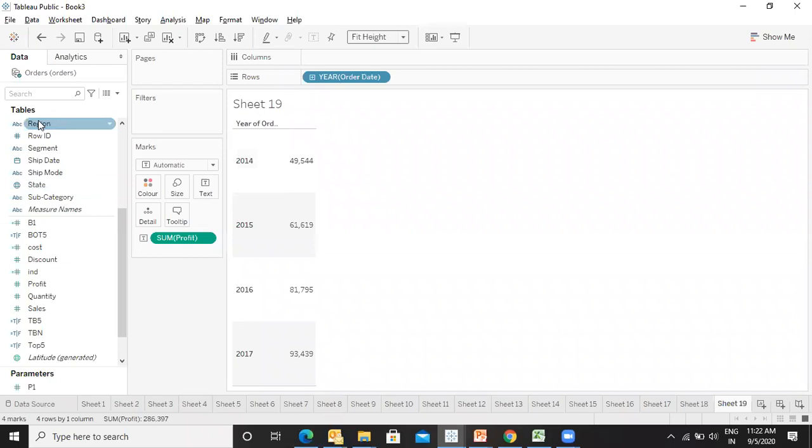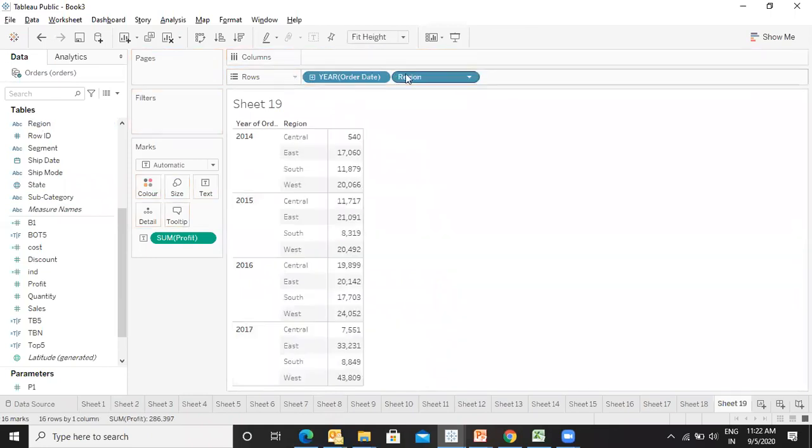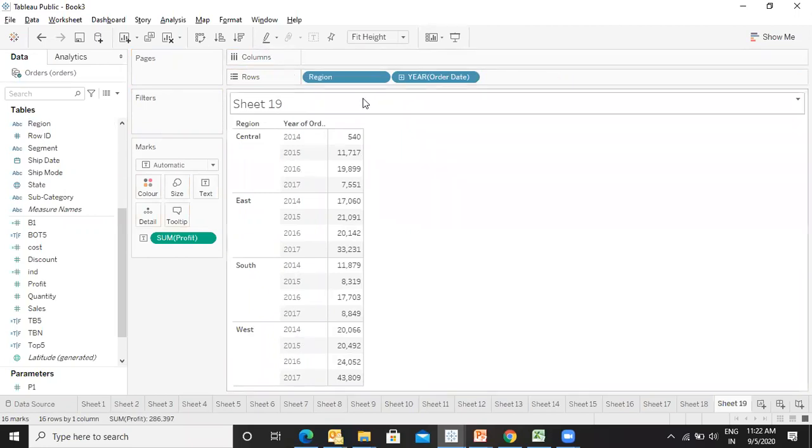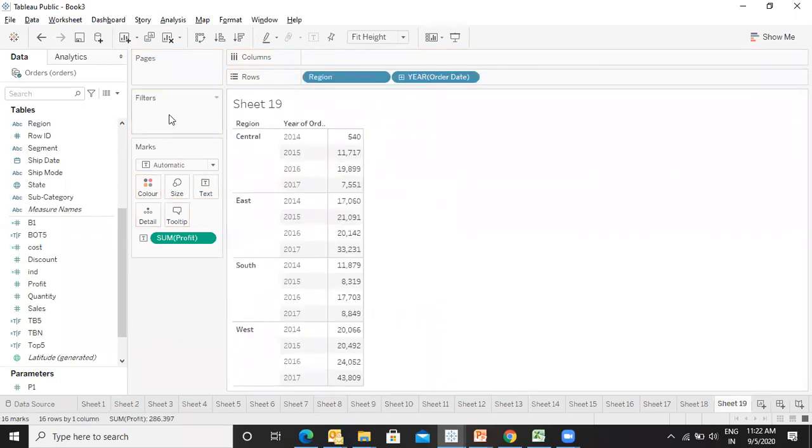Right, this is fine. So what are we displaying over here? We are displaying year wise. Region wise, year wise, profit is getting displayed over here.